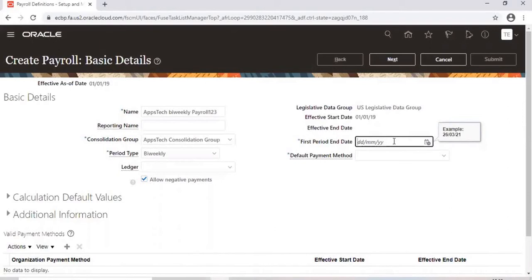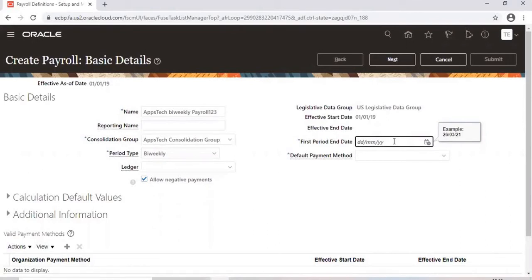So for the next 10 years, my payroll periods will be generated: January 1st to 31st January 2020, 1st February to 28th February 2020, 1st March to 31st March 2020. Like that, monthly, every month is one payroll period, and these payroll periods are going to be generated for the next 10 years. We are giving that value 10 in the next step.